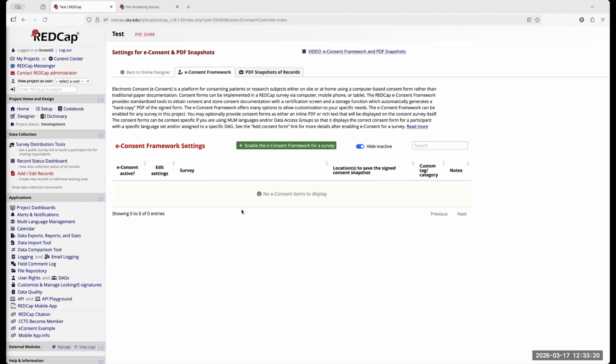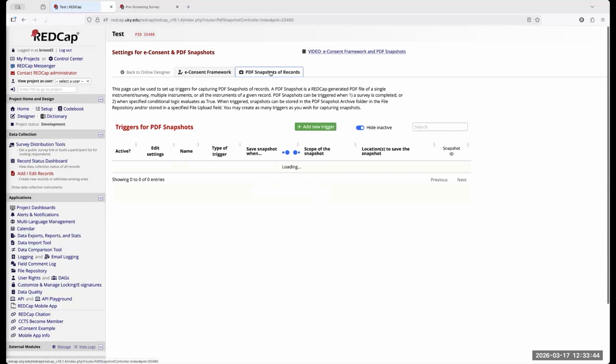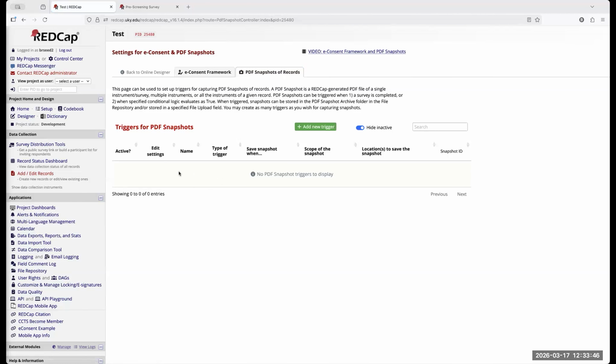Obviously, IRB, they know exactly what the e-consent framework is in REDCap. We discuss it with them all the time to make sure that it's still up to par with regulations and things like that. So just make sure that you understand how the e-consent works, where the snapshots go. You've got a thing here for PDF snapshots for records. So if we had any, they would be saved here for you to view.